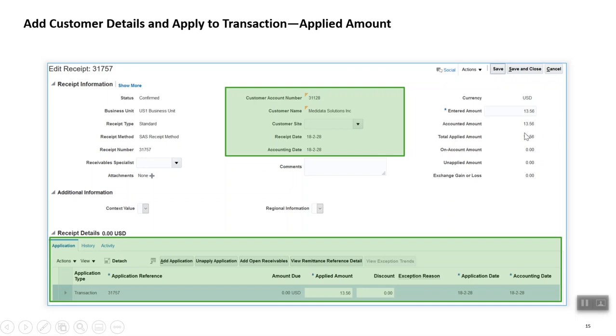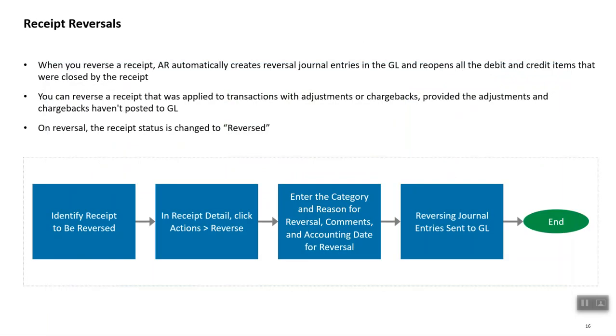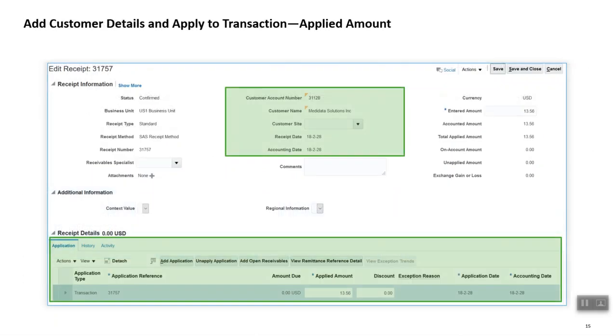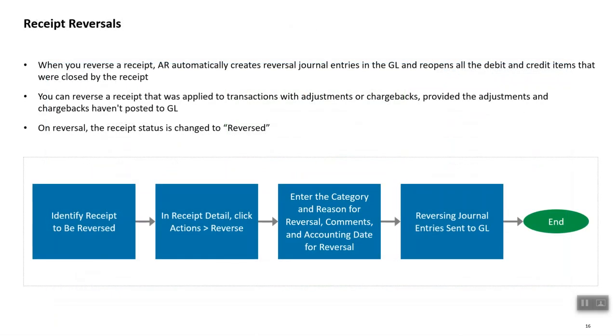and I would really urge you all to do this kind of POC in your hands-on sessions as and when you create receipts in the system. Try to create a transaction, try to create a receipt in the system with a greater amount or with a lesser amount, and see how the application works in the system. So this is what we've discussed about the applied amount. So that is it.